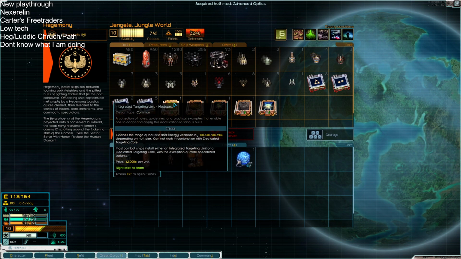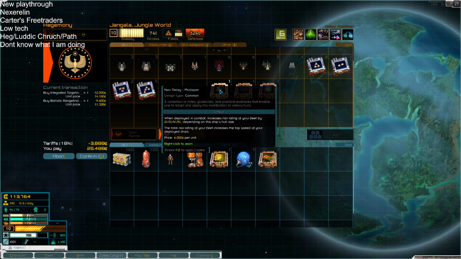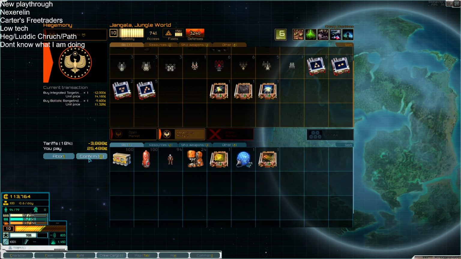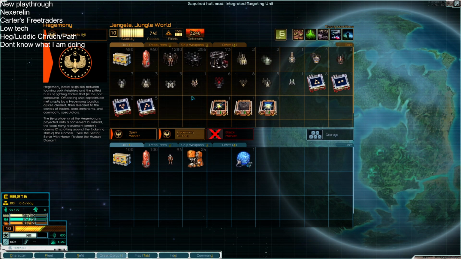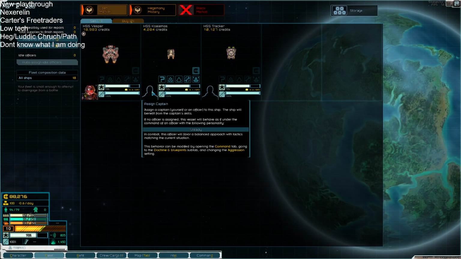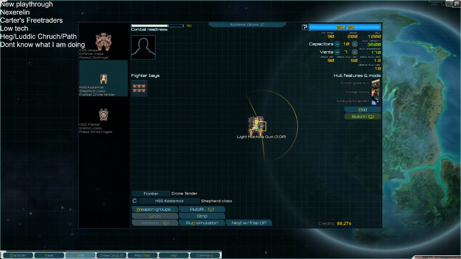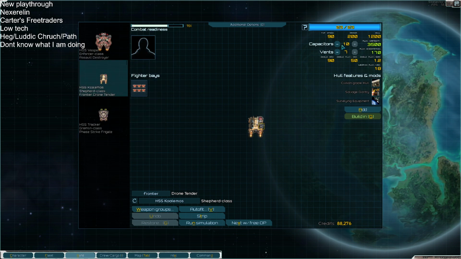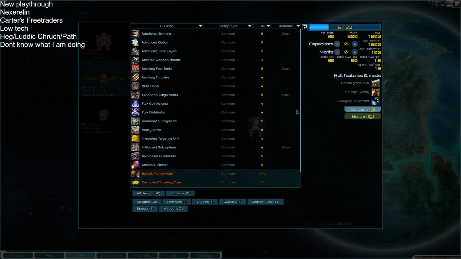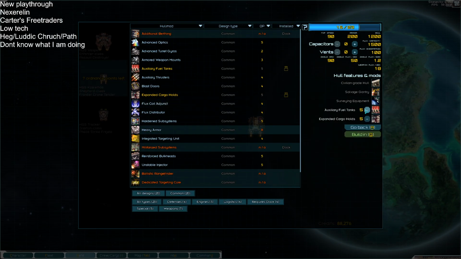And in the military, integrated targeting unit, rangefinder, heavy armor I already know, makeshift shield, I don't need shield, that's for the weak. Okay, so now fleet. First of all, we're gonna refit the Shepherd, and I'm gonna add auxiliary fuel tanks and expanded cargo holds,